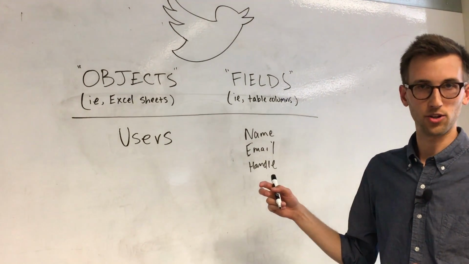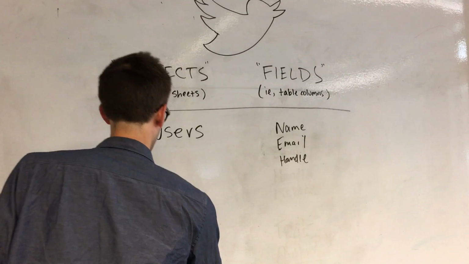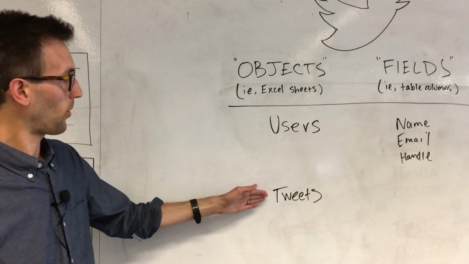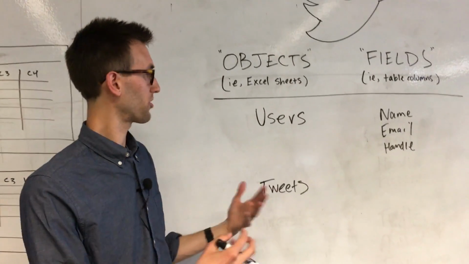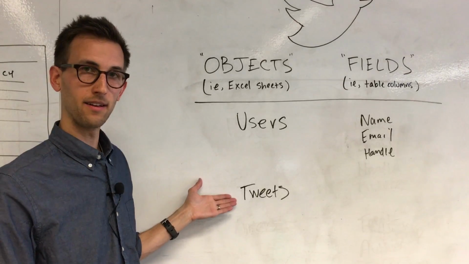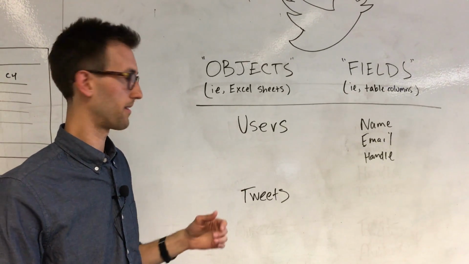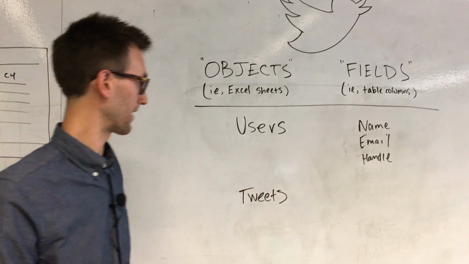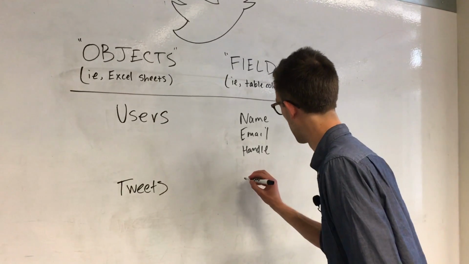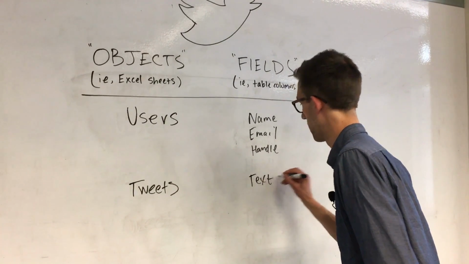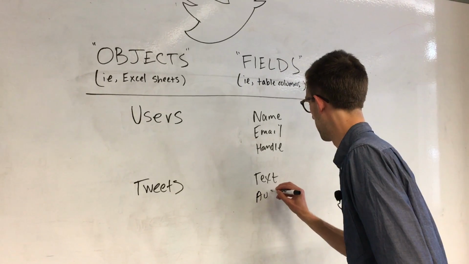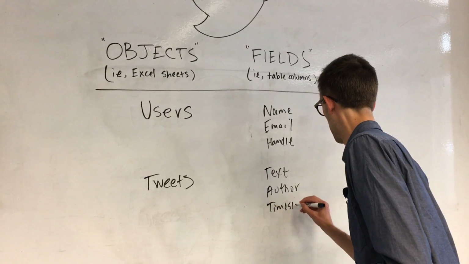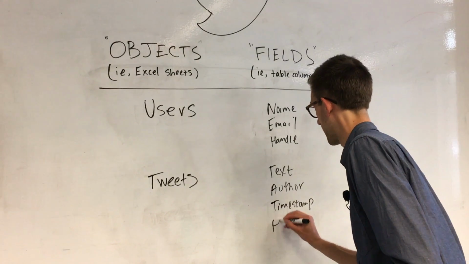The other thing that you're going to do on Twitter is you're going to tweet. This is actually our second data object. And the reason why it needs to be something different is because you're capturing different fields of information on a tweet that you wouldn't capture about a user. And so it's not the same as a name, which is just a piece of text. A tweet actually has different things that you're capturing. So for example, a tweet would have the text of the tweet, what you wrote about. It would have the author, who wrote it. It might have a timestamp. Might have a hashtag,